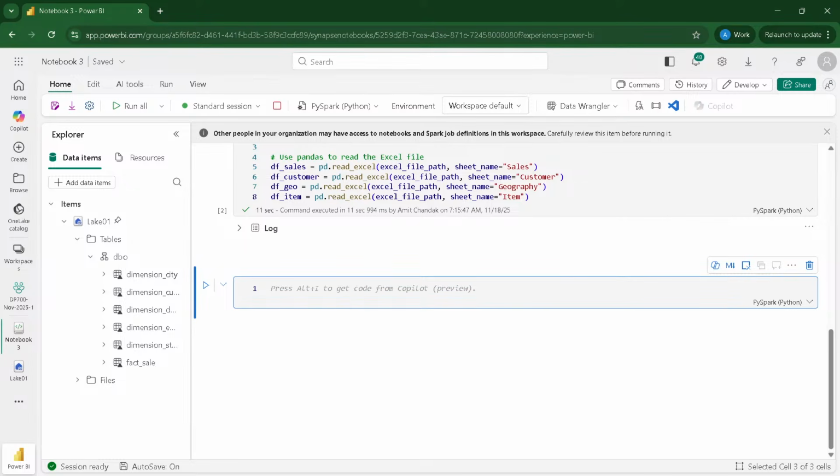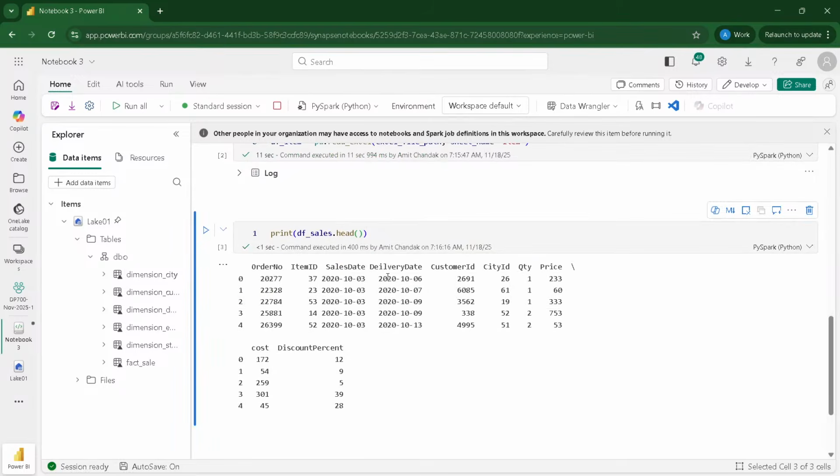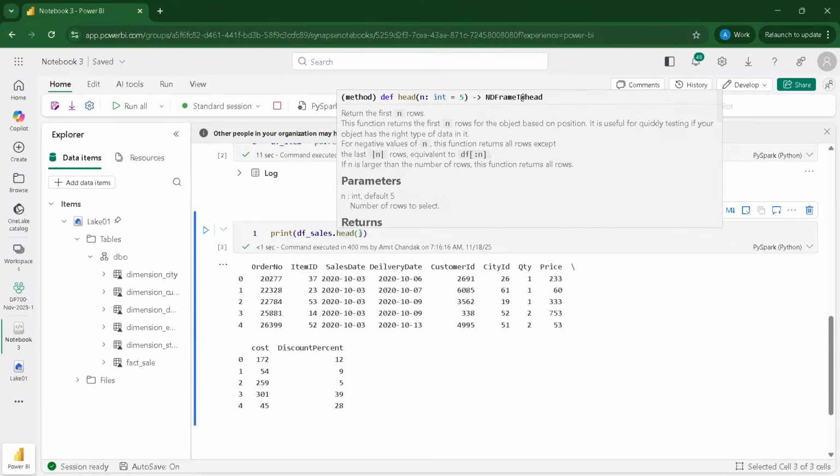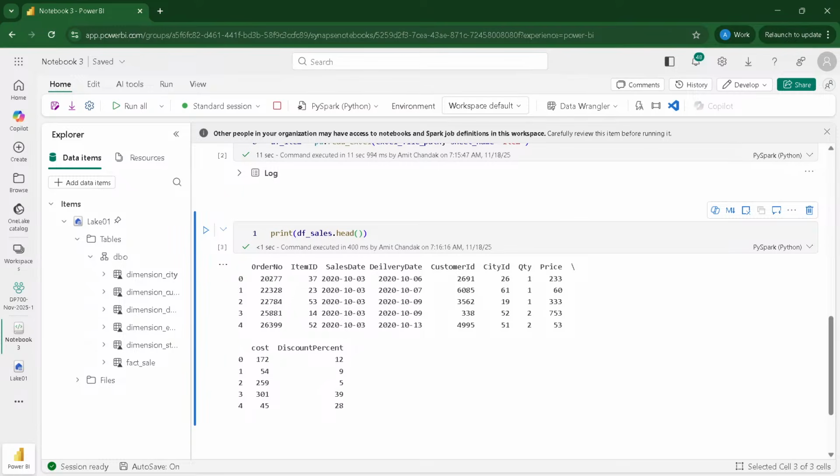So let me bring in a new command for you to print the data. I'm going to print now df_sales.head, and head typically you can get 5 rows or 10 rows by default, but if you want to increase that number you can. So df_sales.head is going to return me 5, and by default you can see when I hover over the function, the default n is 5, and it gets the header part of it, meaning the first 5 rows, and then you can print it.